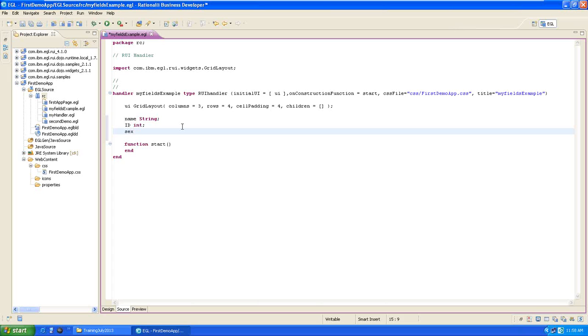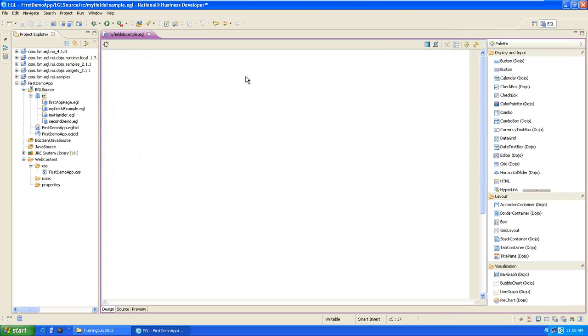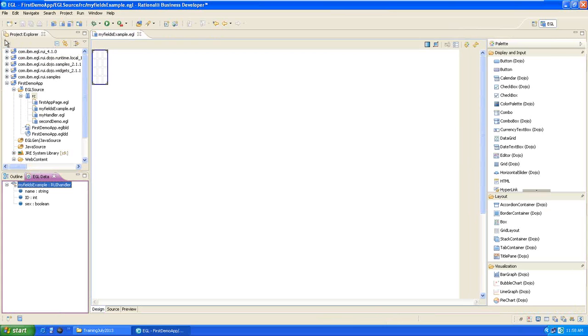Okay, and X is Boolean. Okay, I save the file. Now I will go in the design view. It's clean, there is nothing. Now you select this